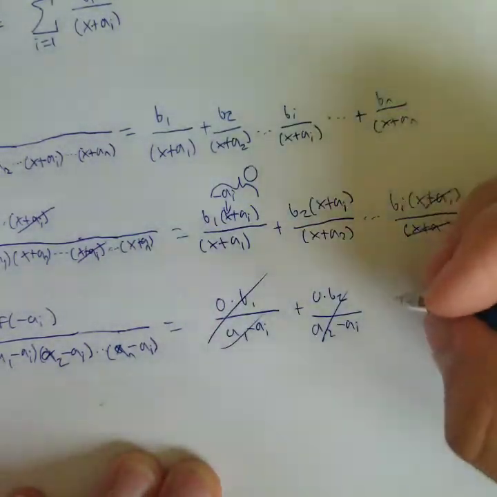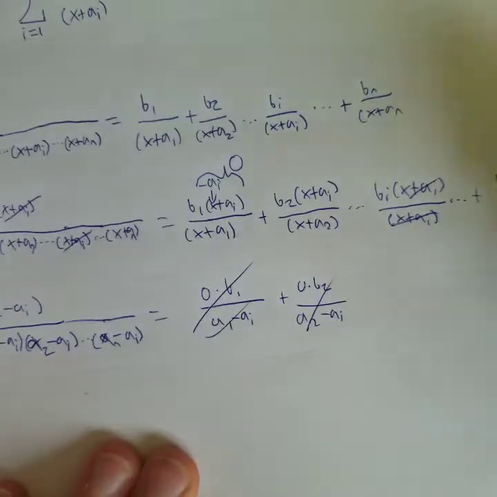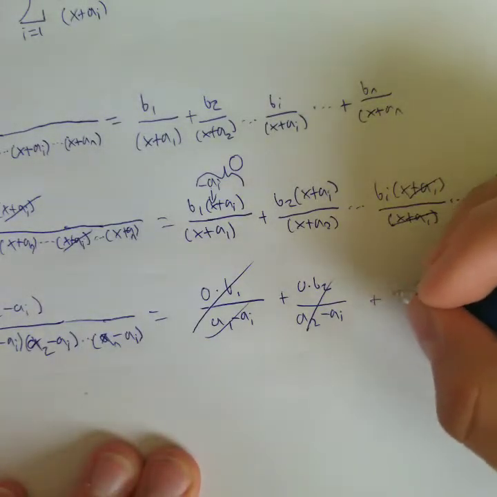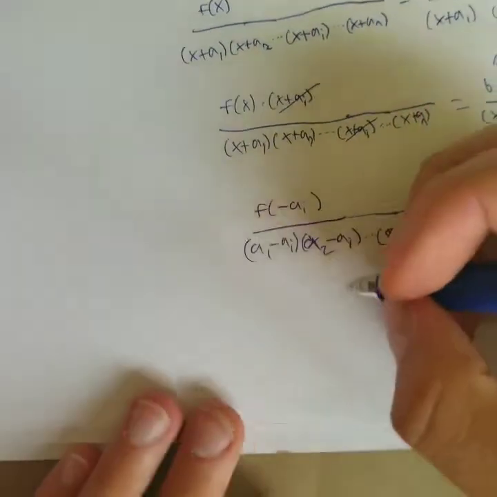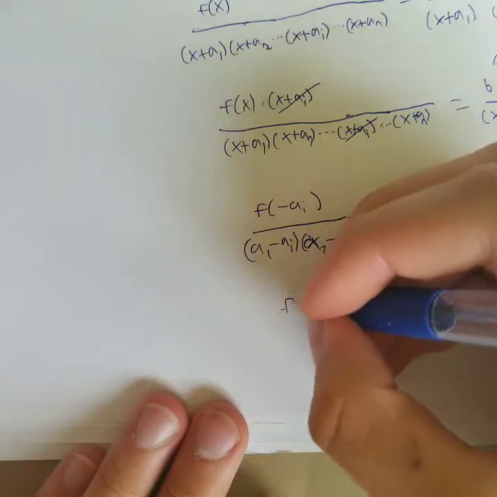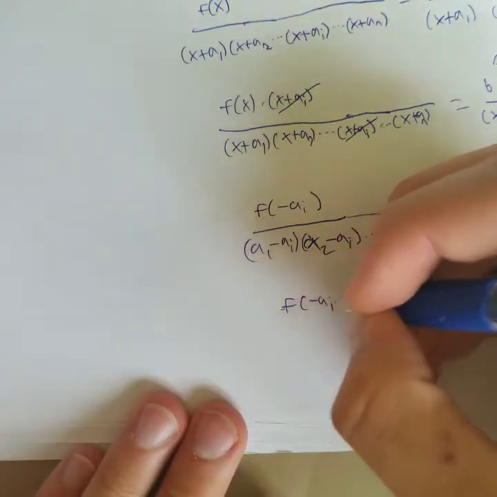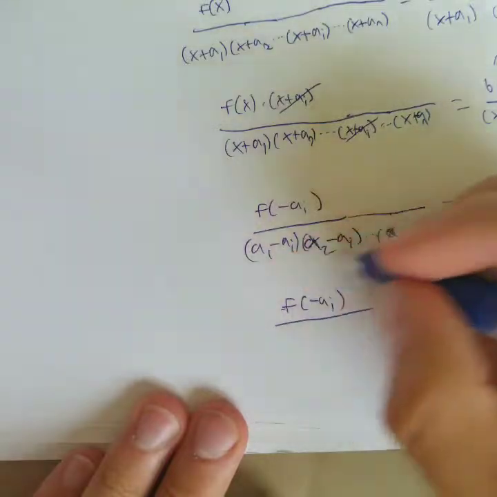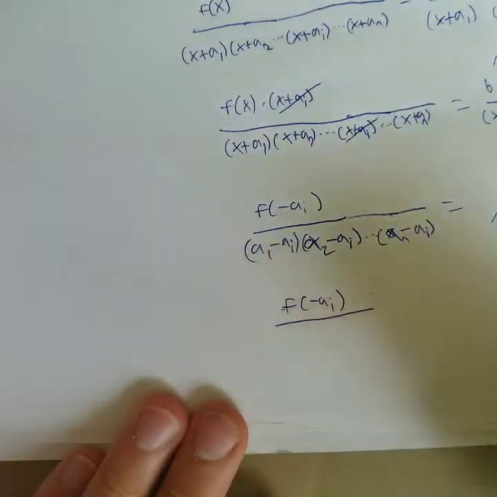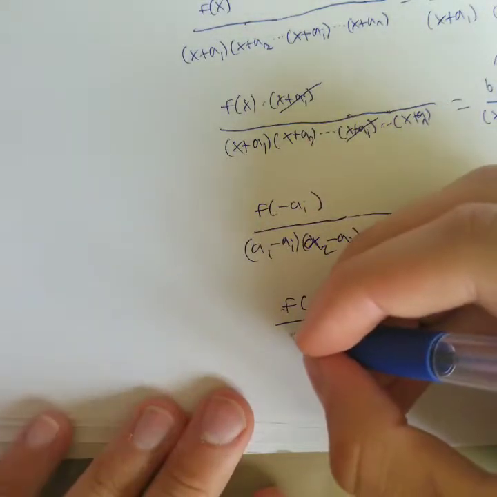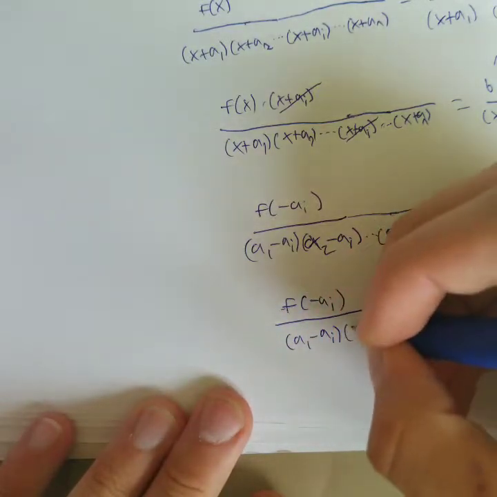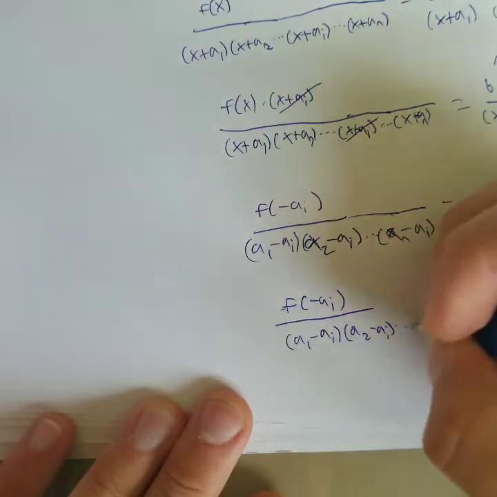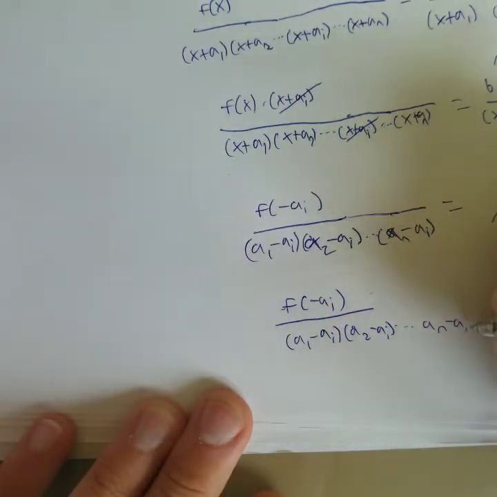This all cancels out, and you have only one term remaining, which is b i. Everything to the right is canceling out. So there we have it. We have f of negative a i over this entire thing, which is a1 minus a i, a2 minus a i, up to a n minus a i,